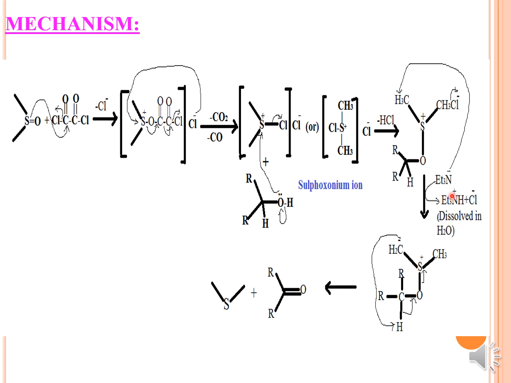After that, there is a generation of your carbanion. Once the carbanion is generated, the carbanion will abstract a proton within the compound, and meanwhile this bond shifts and makes the carbonyl compound. A double bond is generated, and there is a cleavage of your dimethyl sulfide, with the formation of your carbonyl compound, that is your ketone molecule. Understood? If you have any doubt you can ask.